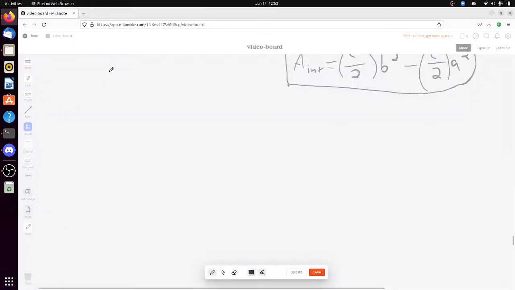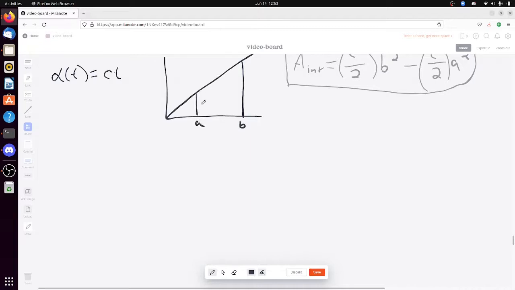So remember, the function that we're doing is alpha of t equals ct. Just graphing that, it's going to look like this. And then we're interested in the area under the curve between a and b. So that's what we're trying to do. And if we use the definition of the integral, we're looking at something like this: the integral from a to b of alpha t dt,